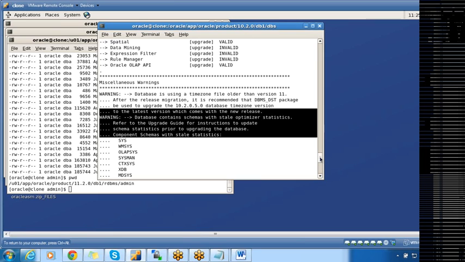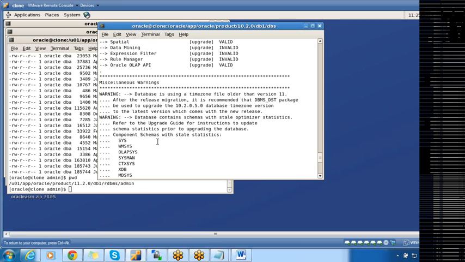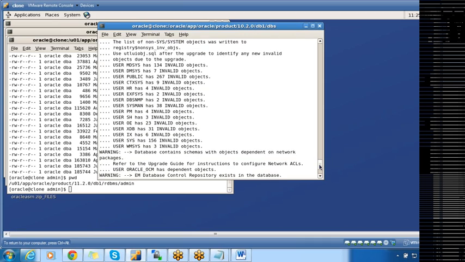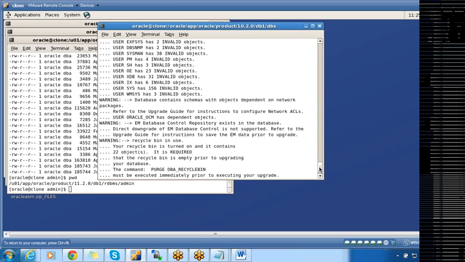The stats is nothing but, whenever you try to execute any query against an Oracle database, based upon some stats it will decide whether the object needs to be accessed via an index or it has to go for a full table access. That will be based upon the stats, which you'll learn in the performance tuning class. And these stats are stale, but that doesn't matter. We can continue actually. Everything is good.